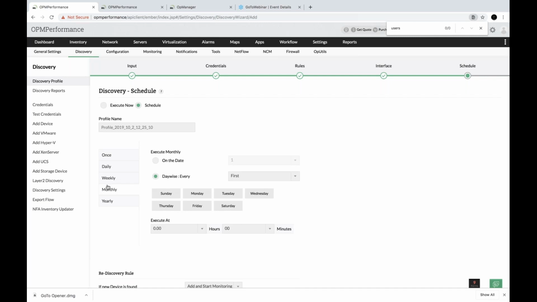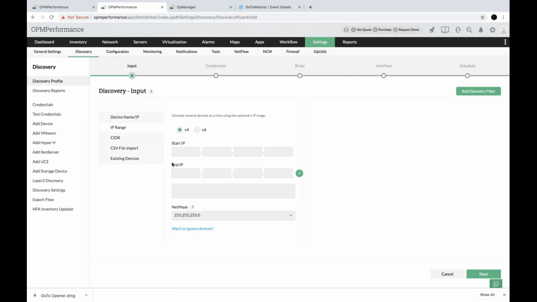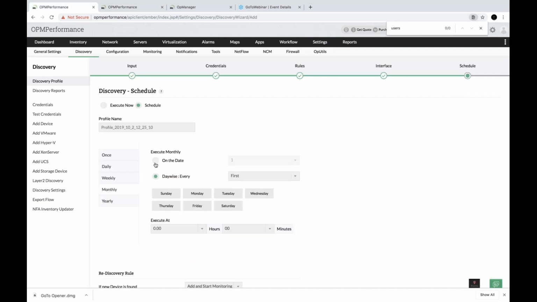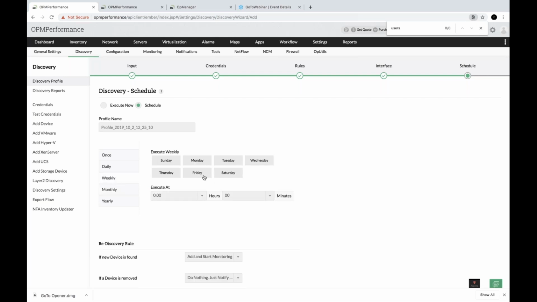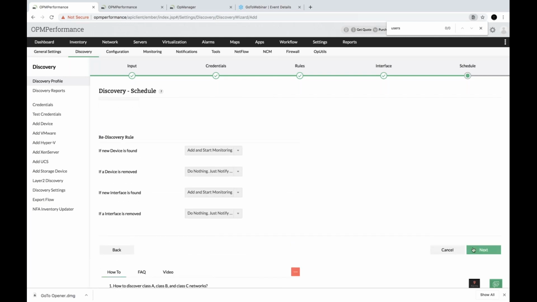Say otherwise, if I had selected the IP range, say I have a couple of subnets from this IP range, and I want to schedule that. So in that specific network range, only 50 devices are activated in the network currently, and in the future, I might be adding more devices on a random month. So next month I'll be adding another 50, and in another 6 months I'll be adding around 600 devices. Then I can put this on a monthly or a weekly schedule, so that on every week, on every Friday, I just want these devices to be discovered,